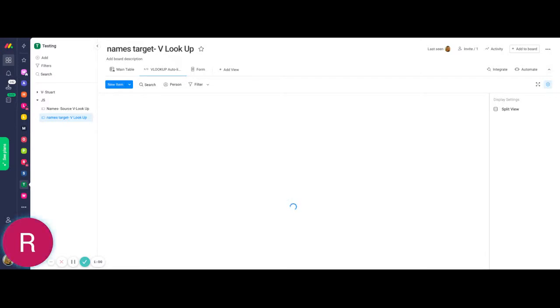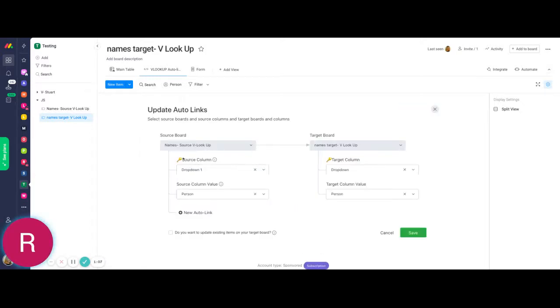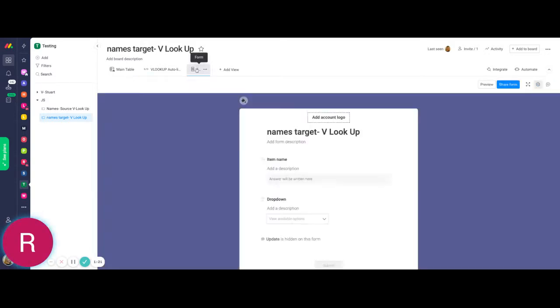So we will see when this loads, because I've already set this up for us. Okay, on the source board, when drop down 1, we want drop down 1 and the person column, and on the target, when we have drop down 1 to return us the person column. Okay, so now if I go to the form, share form,